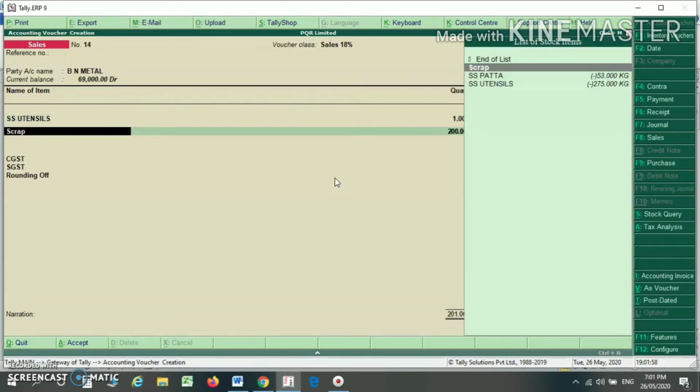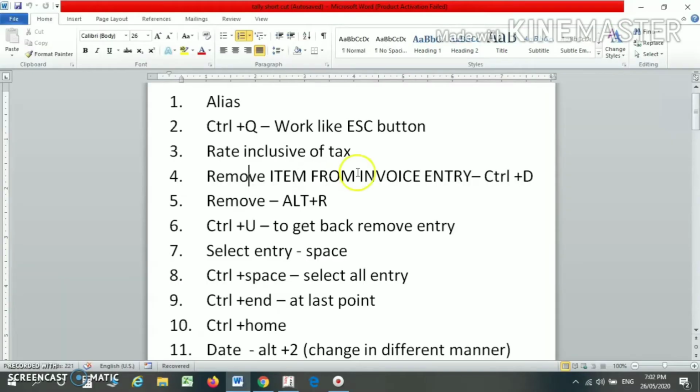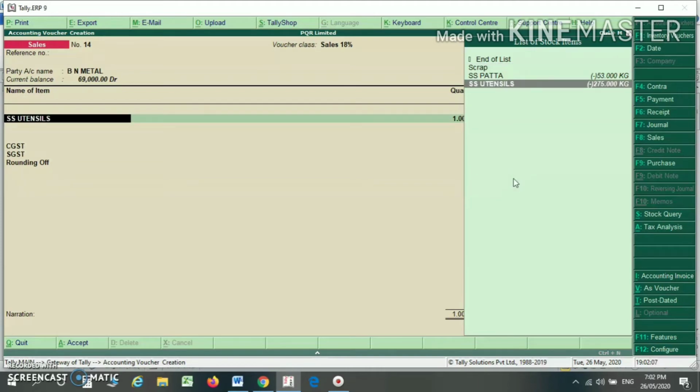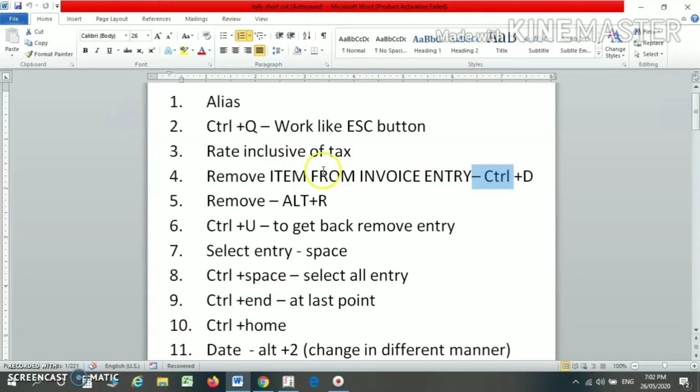Now I want to remove this item. So I just press Control plus D. I am pressing Control plus D. This item is removed. So Control plus D is useful to remove an item from your invoice entry.